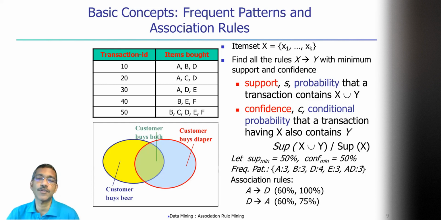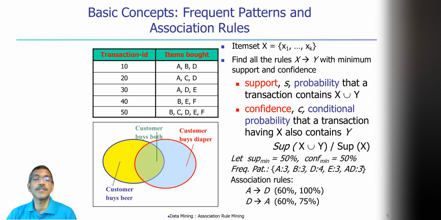In that, we try to see how many times a given collection of items is there in a given transaction. So for example, just look at this example. If you take AB,